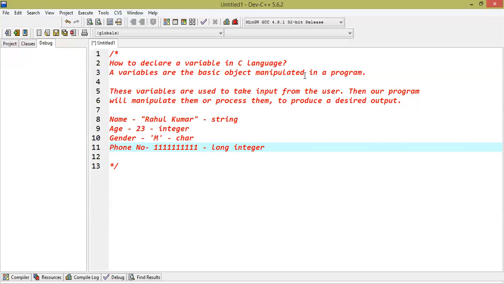Okay, so now I think the basic introduction, what a variable can do, what are the types of values it can have, the basic idea you might get from this introduction. Now, let's see next how to create a variable and to store these values.